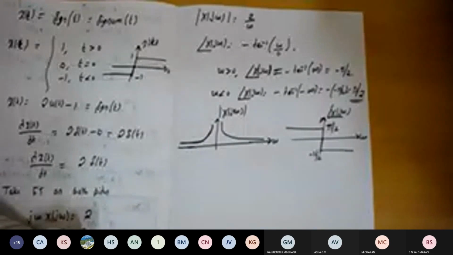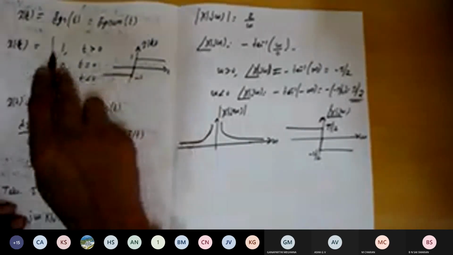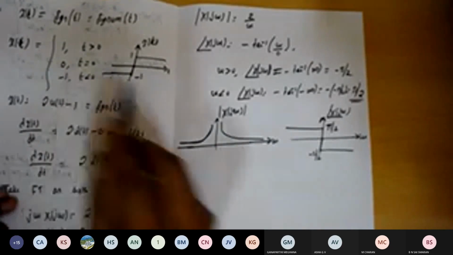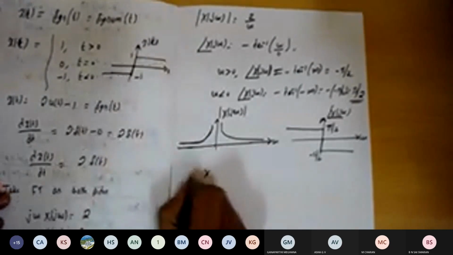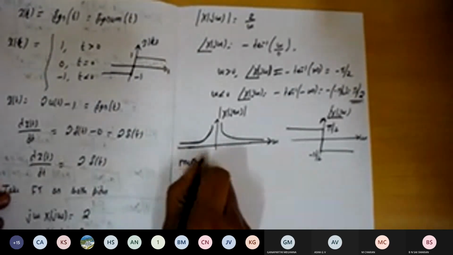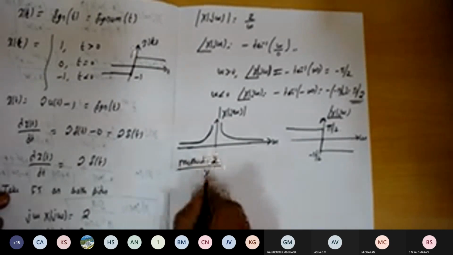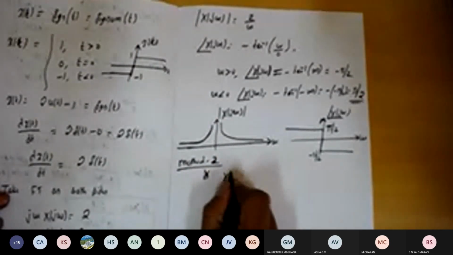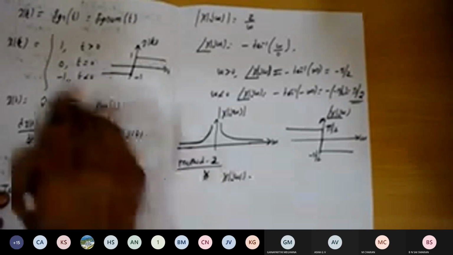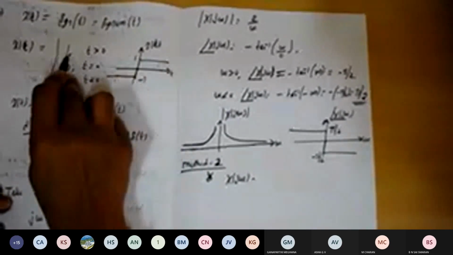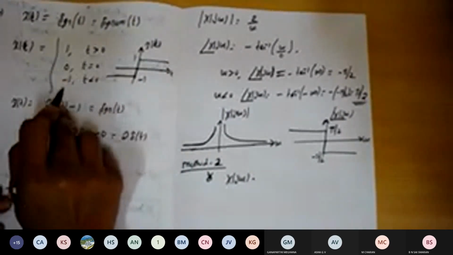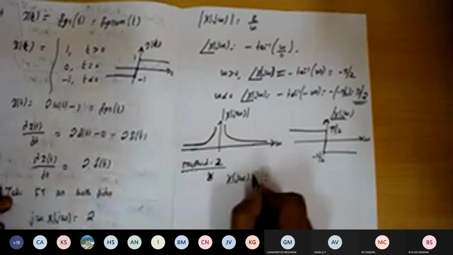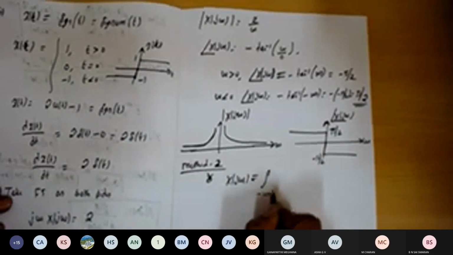So let us take some more functions here. You can find the Fourier transform by applying the direct formula also. Let us do this as a homework. So the method 2 you can take, and find out the answer in a similar way. So it is X of j omega. I'm going to split accordingly. This has the value 1 for t greater than 0 and the value minus 1 for t less than 0. So I'll give the integral, and you try to evaluate this one.